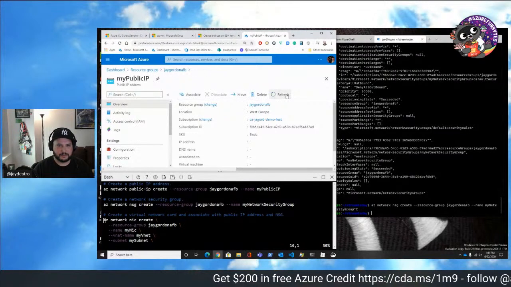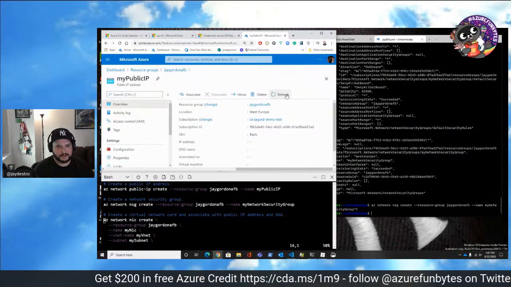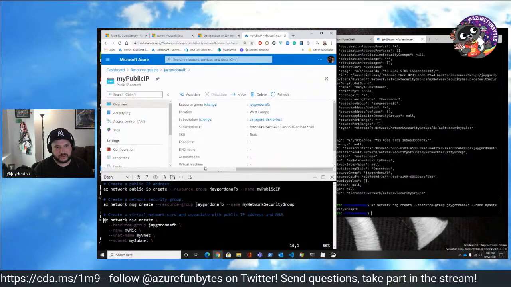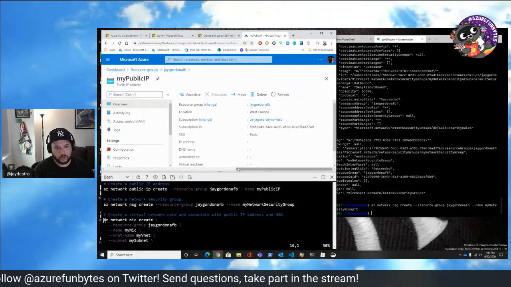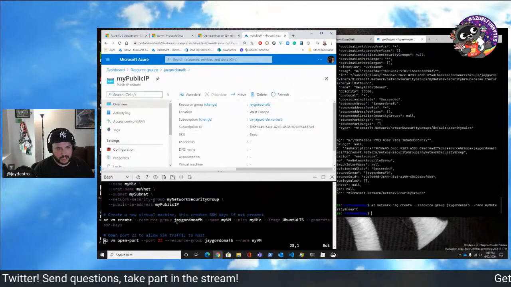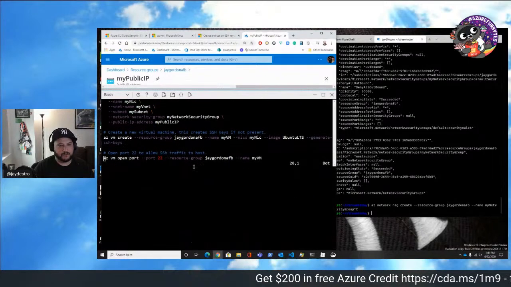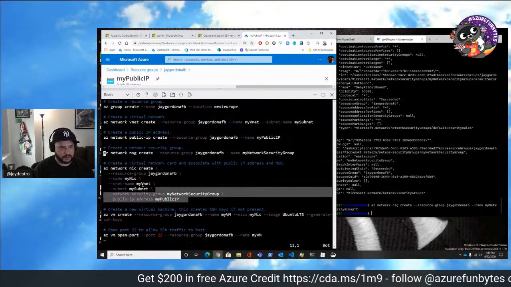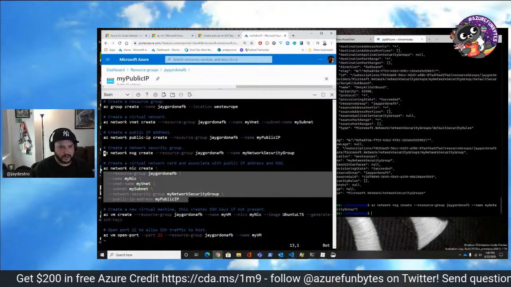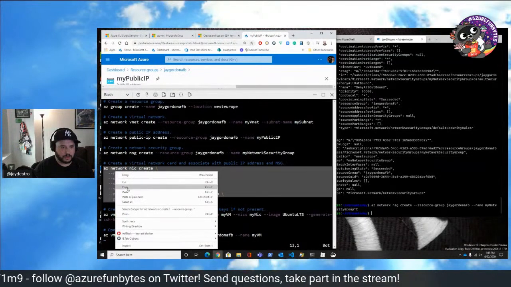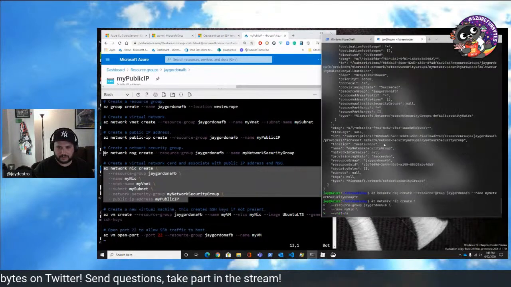Come on, don't make a fool out of me. All right, well, this is still allocating, but when this is finished, then essentially this IP address will be attached to this card, and we can put that in any VM we want, so we have that pre-configured setup. So let's copy this. And so we'll create our virtual network card. Copy. We'll paste it right in here.